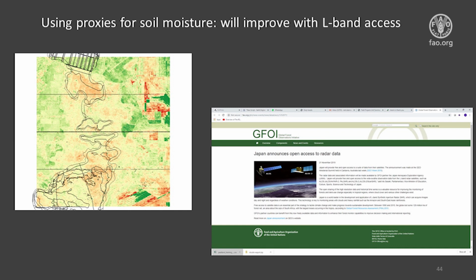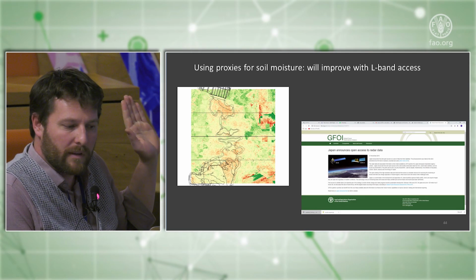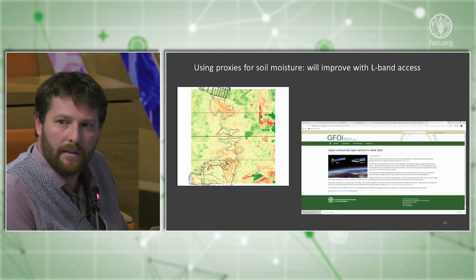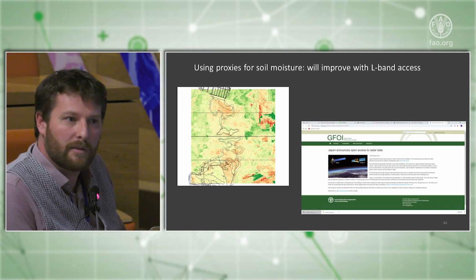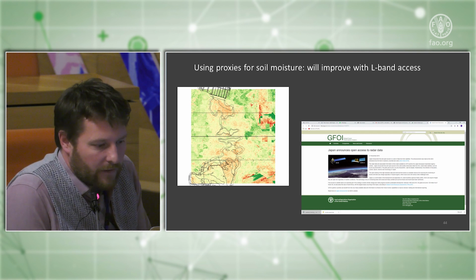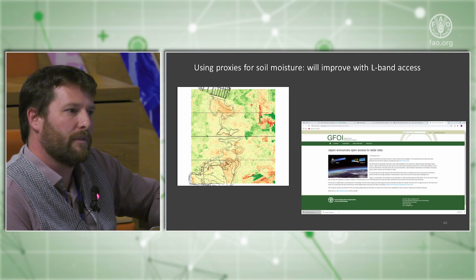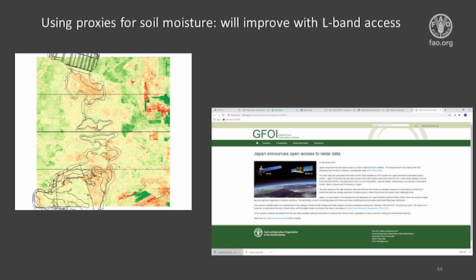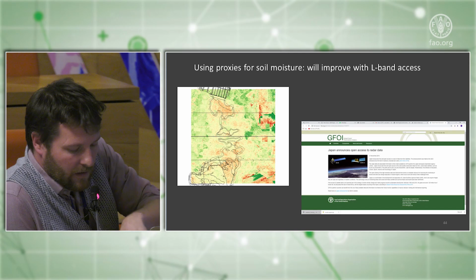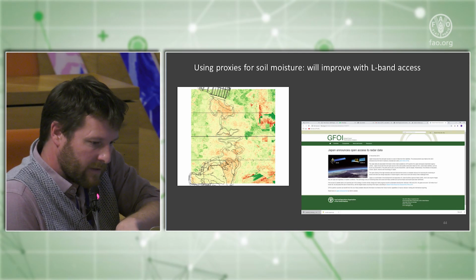But we have very good perspectives coming with the release of L-band data, and ALOS in Japan actually announced last week that they would release the entirety of their radar data. So we're going to have access to much more L-band, and L-band is a type of sensor that will go through the canopy and that will allow us to make these soil moisture maps. So we won't have to use just proxies, but we'll be able to detect soil moisture on a much wider scale. And continuation with the USA program with NISAR coming in 2 years' time.